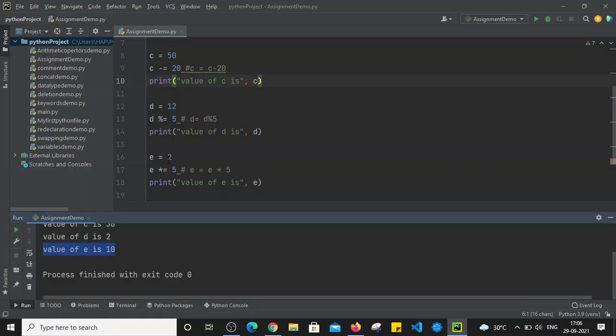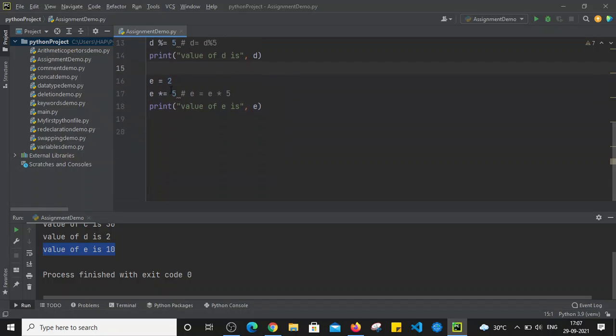Because e is 2 here, and when we use the multiply and assignment operation, it will perform e multiplied by 5. So 2 multiplied by 5, and that value will be assigned to the left hand side operand, that is e. So this will return the value 10. This was about multiplication and assignment.